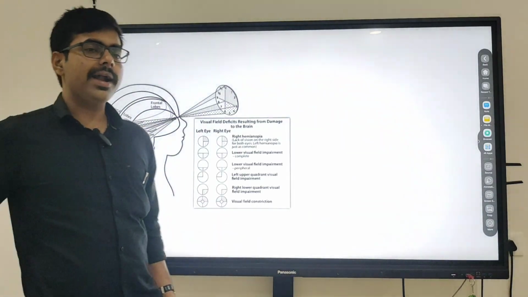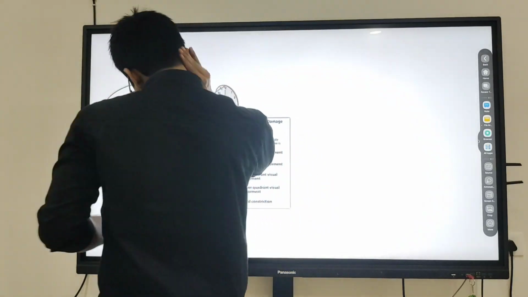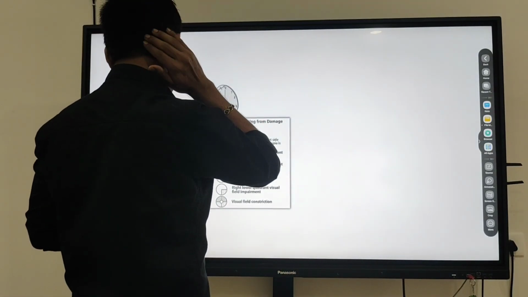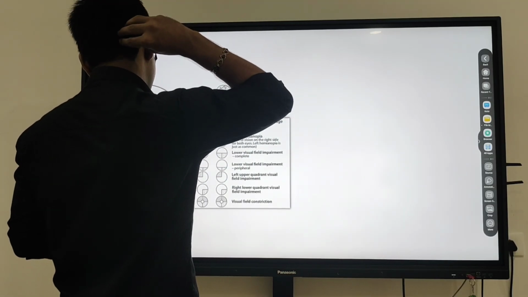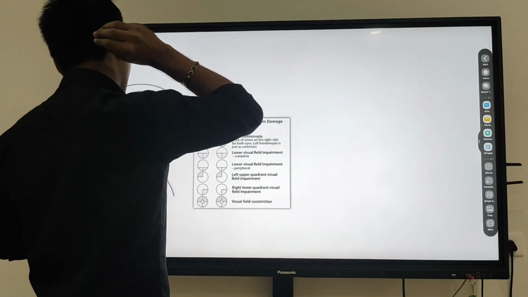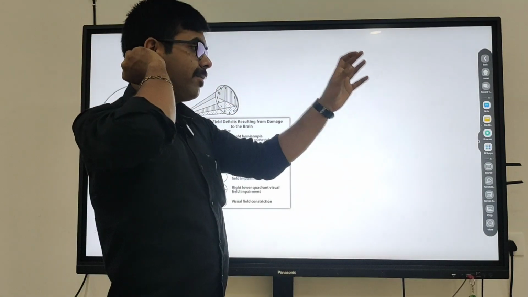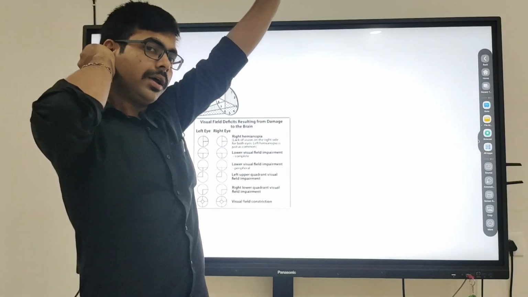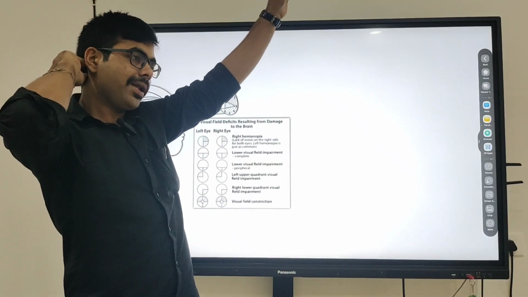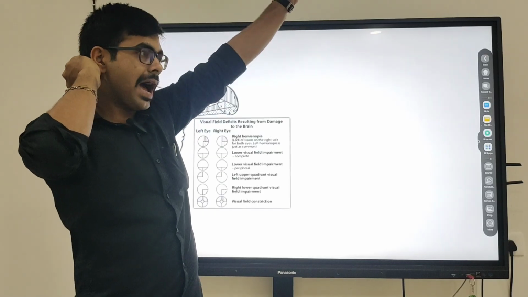Basically you can see, let's suppose here I am showing the back of my brain, the right downside. You can see there is a portion. This portion is known as the right lower occipital lobe. Now which portion will I see? I will see the left upper portion. Are you getting my point? Whenever I am touching my right lower portion, I am seeing left up.